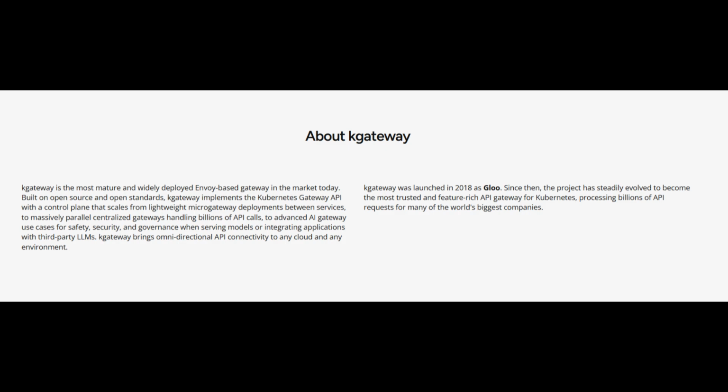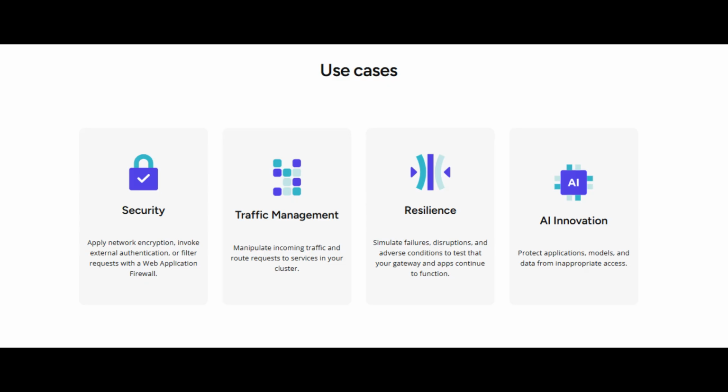What is Kgateway? A high-level overview. Kgateway is a feature-rich, high-performance API gateway designed to orchestrate traffic in Kubernetes environments. Built on top of the Envoy proxy and aligned with the Kubernetes Gateway API, it provides fine-grained function-level control for routing, security, and observability. Unlike traditional gateways, Kgateway leverages Kubernetes' declarative configuration model and custom resource definitions, CRDs, to deliver